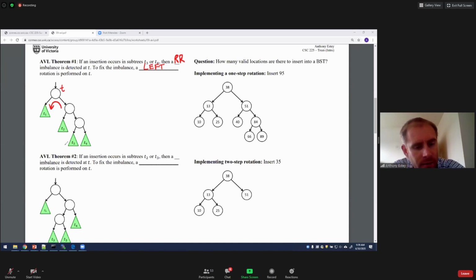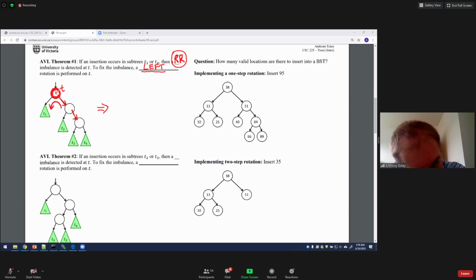So when we see that, here we have an imbalance because we've gone too far down to the right. We're going to do a left rotation. And again, it's the node that comes out of balance. It's the side with the greater height, as we go down towards that side, that's where we declare what type of imbalance we have. So in this case, what's going to happen when we rotate left is what we'll have,